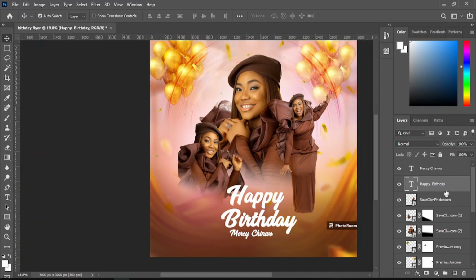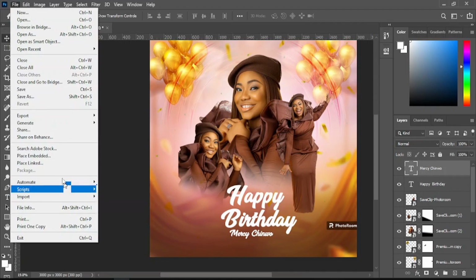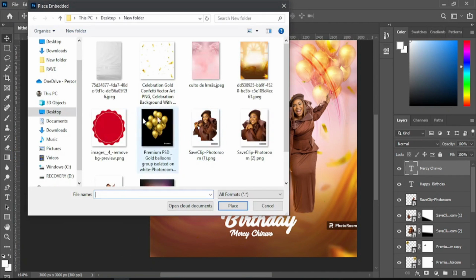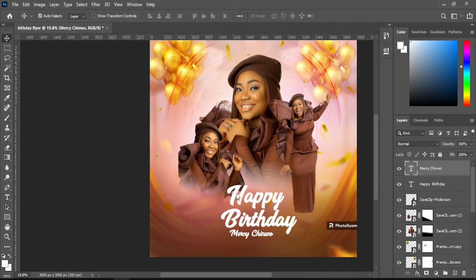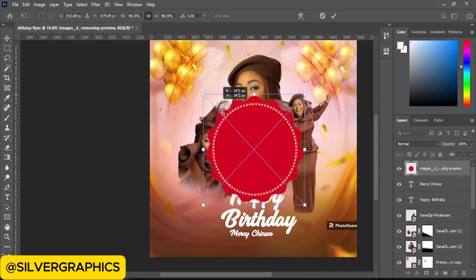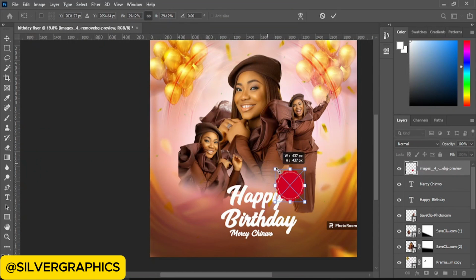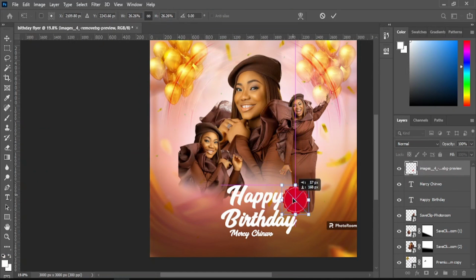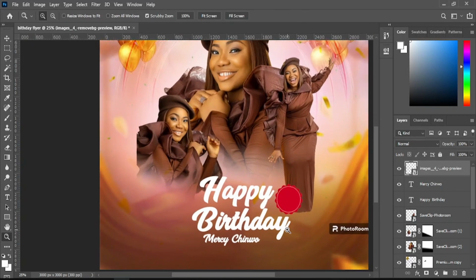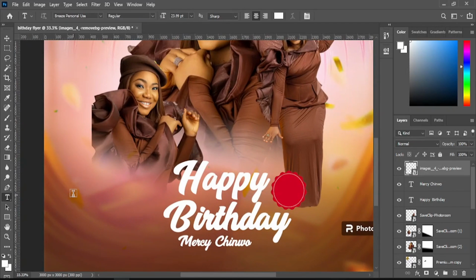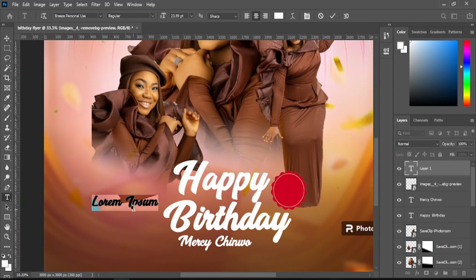So right there we are going to import something real quick. Yes, we're going to import this. We're going to add the date, so that is September 5. So place it right here beside the birthday. So I can zoom this. So here we have